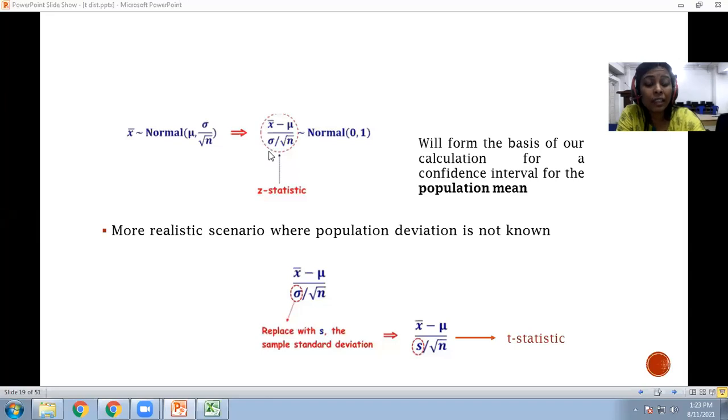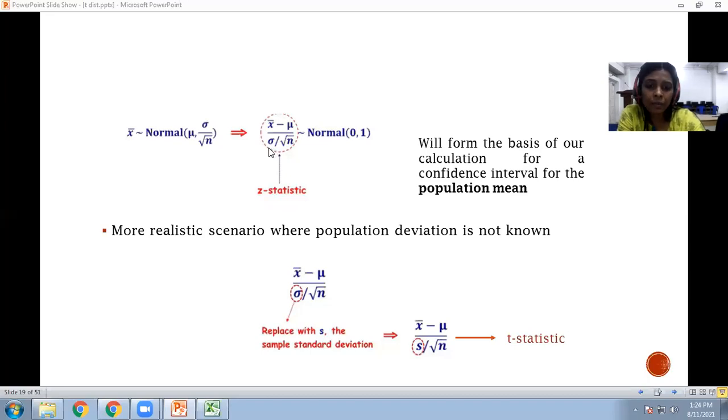Each and every individual of that population is surveyed, or they have been asked to fill up a questionnaire and their response is collected. Then only will we be able to calculate the population standard deviation by different techniques. Otherwise, it's a very huge task. So therefore, Z statistics will not be used much unless your population standard deviation is known to you.